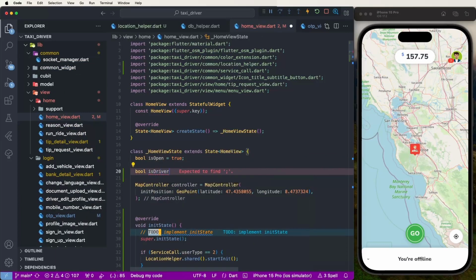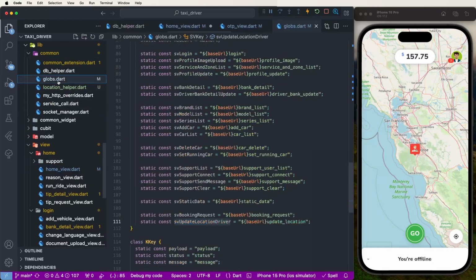Driver offline. Set here true. Maybe even to check this online is good here. Set here the bool like this. And now we also need to go inside the common globals file